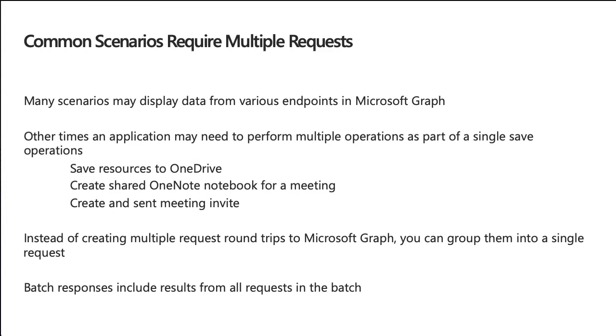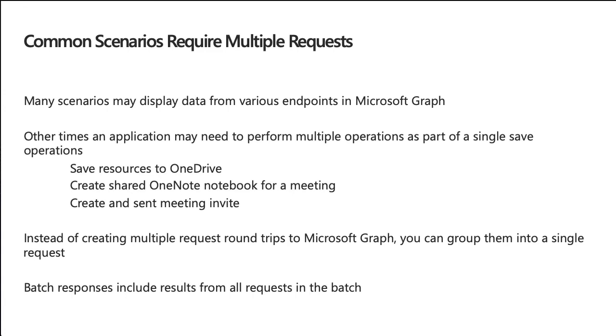complex and expensive. Another scenario may involve multiple write operations, such as preparing for an event by saving resources to a shared OneDrive folder, creating a shared OneNote notebook for the event, and then sending meeting invites out to all the participants. Applications can often get quite chatty very quickly, which can also introduce potential throttling issues. One way to avoid any issues and to introduce an optimization is to group multiple requests into a single request